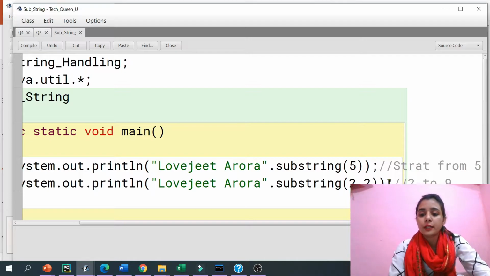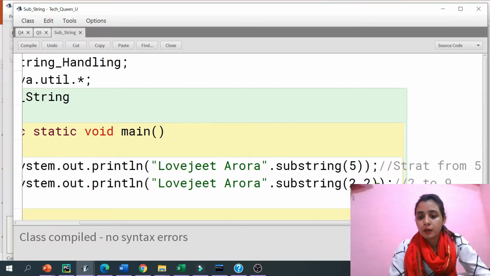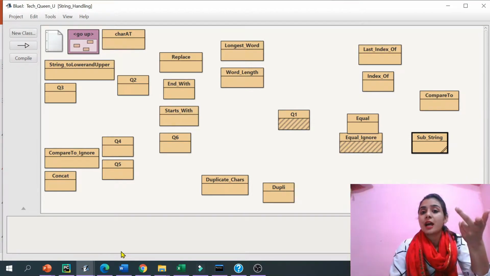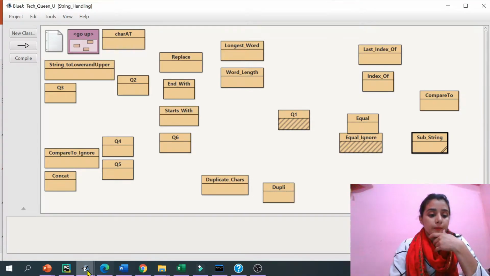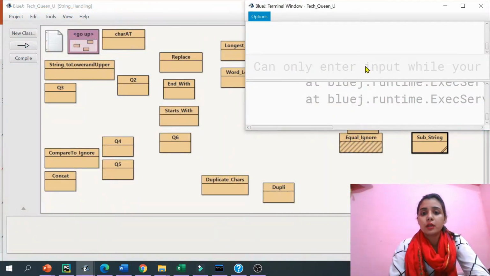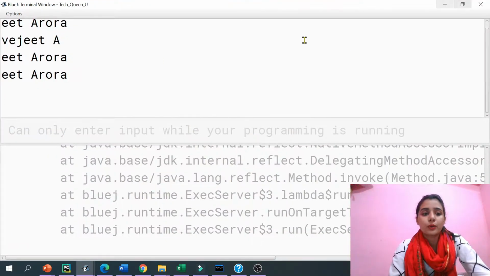If I'm going to start it from 2 to 2, what will happen guys? Let's do it. You can see here I had given the same index values, so what will we find there? I think we will not find any output. The window will be empty, I guess, right? Yeah, exactly, it is empty only.